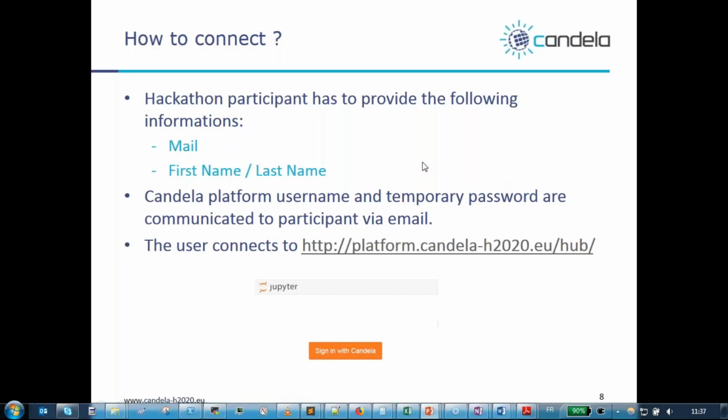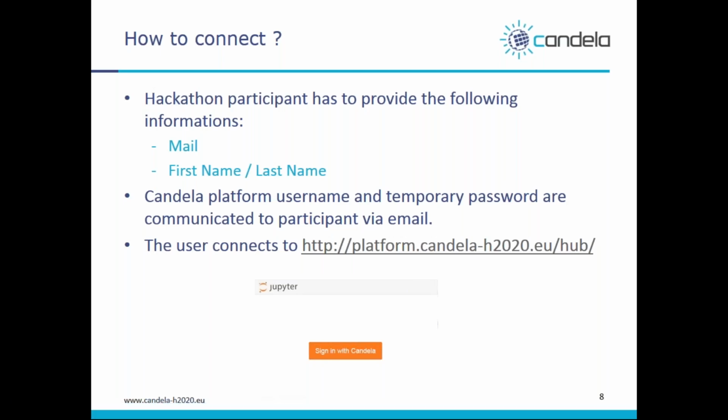The participants of the hackathon will have to provide their mail, first name and last name, so that we can create an account on the Candela platform. A username and a temporary password will be communicated to each participant, and then, when the hackathon starts, you will be able to connect to your Jupyter notebook at the address